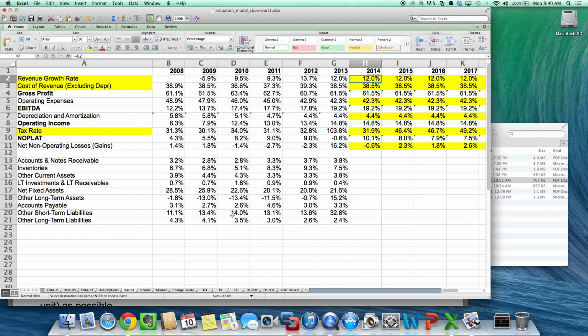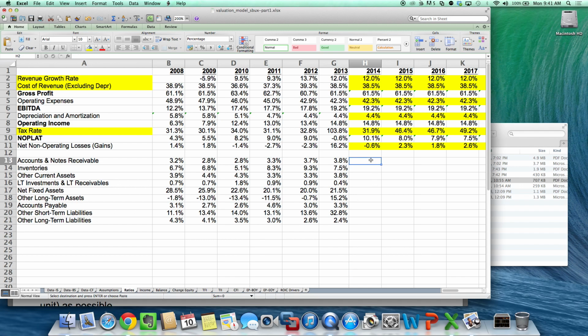Same thing for accounts payable. Accounts payable is primarily based on unpaid inventory, so therefore for suppliers, so therefore my driver for accounts payable should also be cost of revenue. However, what we're going to do is we're going to forecast the entire balance sheet as a percentage of revenue. We're not going to tie it to each individual driver. We're just going to tie it all to sales. Right? So practically what that means